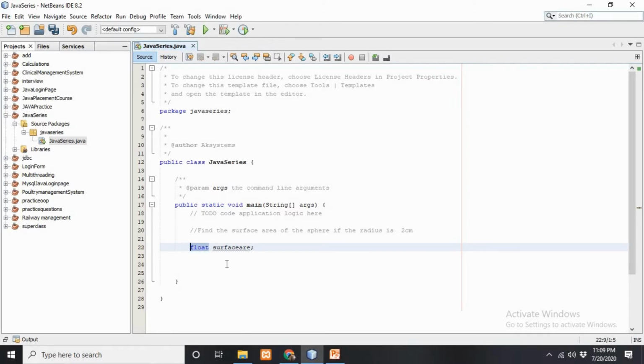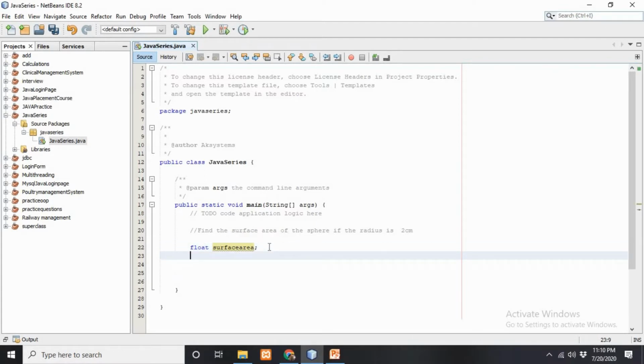Float is a data type that contains decimal values, like 2.4, 3.6, 100.2, 99.8. These kinds of values are contained by float. So I have the first variable, that is surface area.